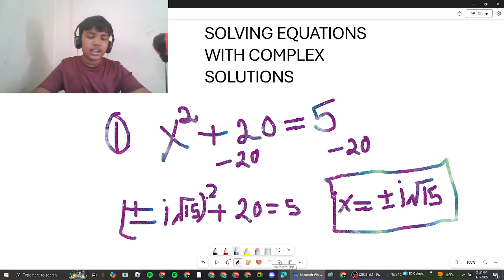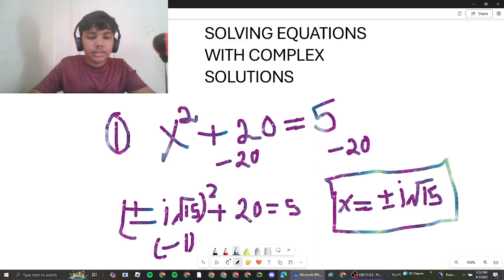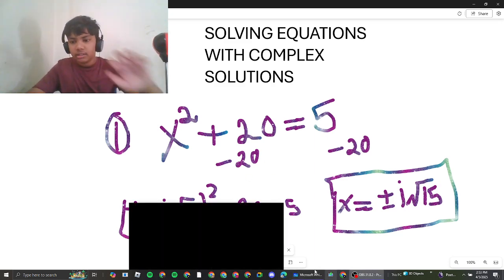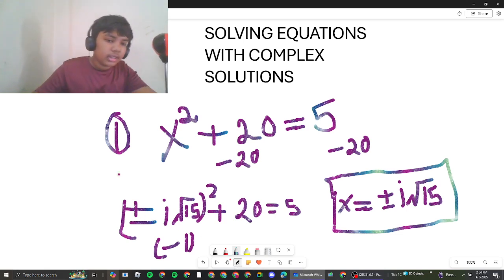So plus or minus i squared will be negative 1, because since i is equal to the square root of negative 1, if we square both sides, we get i squared is equal to negative 1. And then here we get the square root of 15 squared. We know that the square of a square root is the number itself,